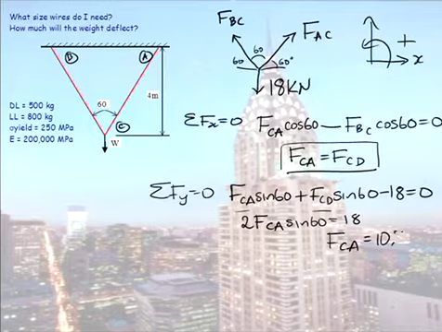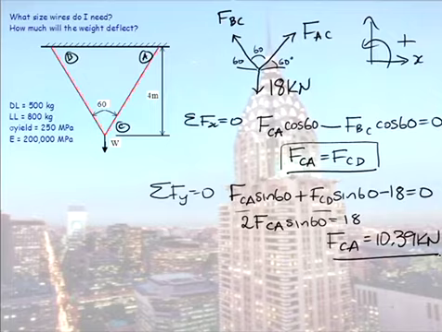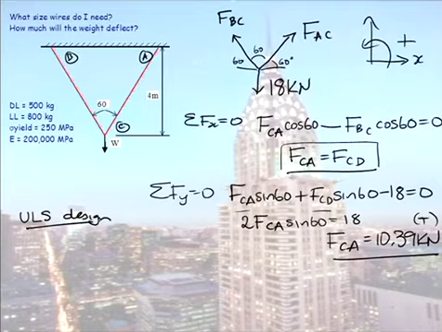a cable force of 10.39 kilonewton. It's positive, so it's in tension. So we know each of our cable forces are 10.39. So let's now do our ultimate limit state design. Our member is in tension, so force on area has to be less than or equal to my yield stress